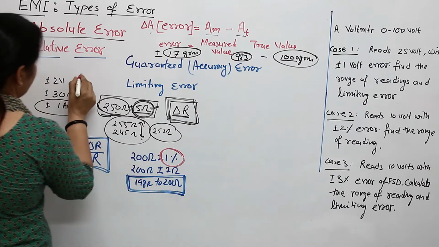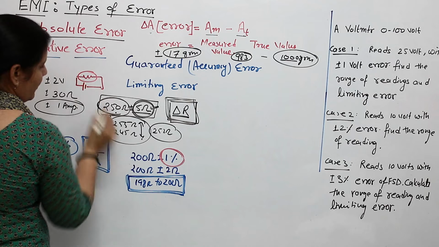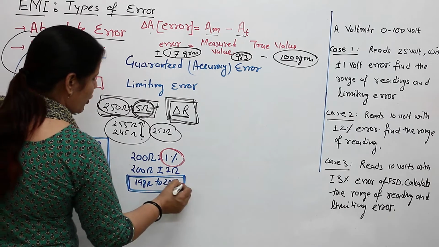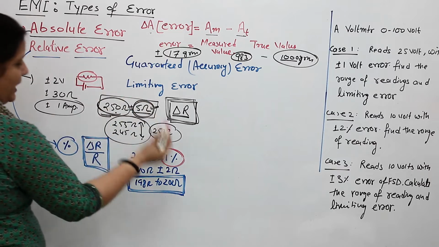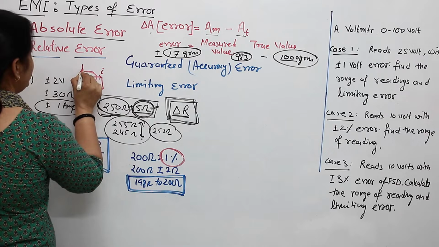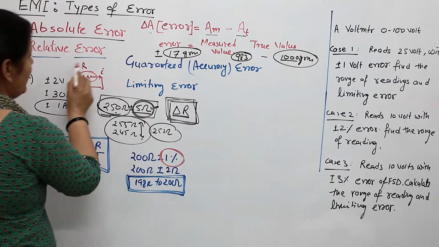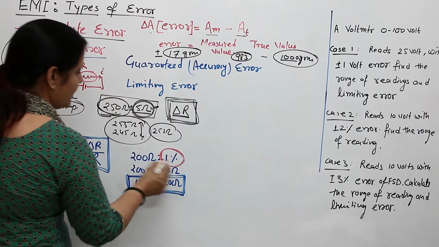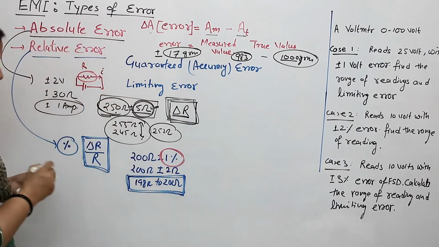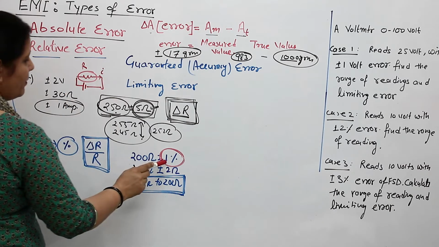Okay, so a resistance that you consider of 200 ohm with this kind of error may reflect value 198 ohm to 202 ohm in the circuit, and accordingly there will be change in the current. There is a possibility of change in the current measured in the circuit. Also, if R is changing, there is a possibility of change in I. You will initially calculate the possibility of change and possibility of deviation, and have a margin for the measured value. Okay, so relative error always mentioned in percentage.